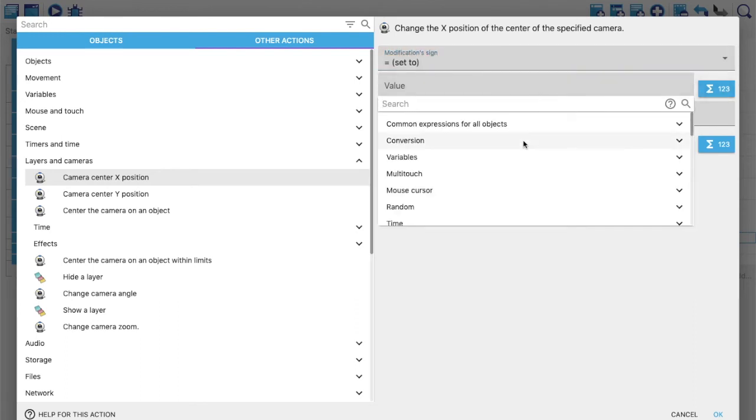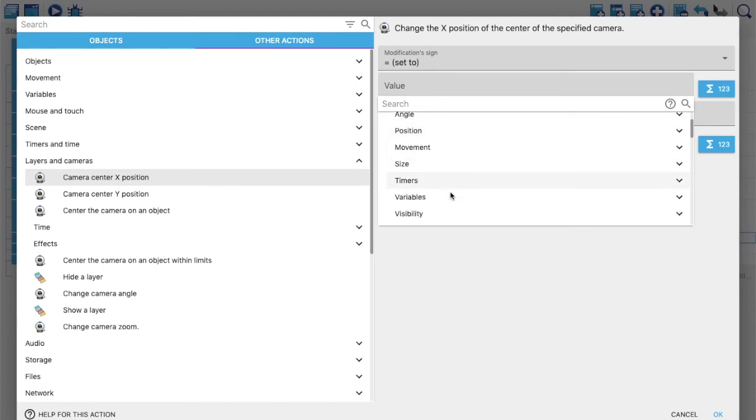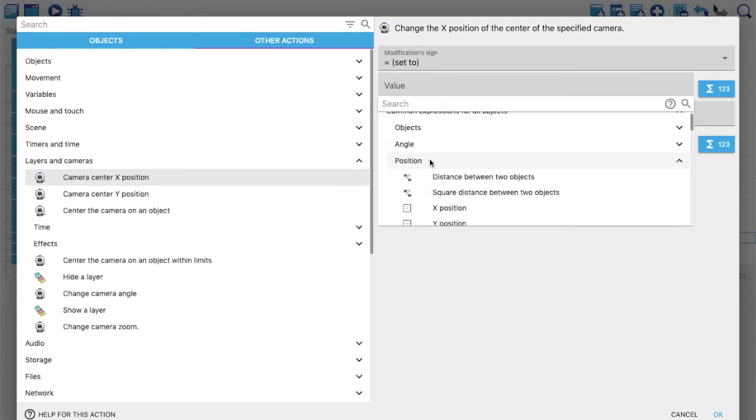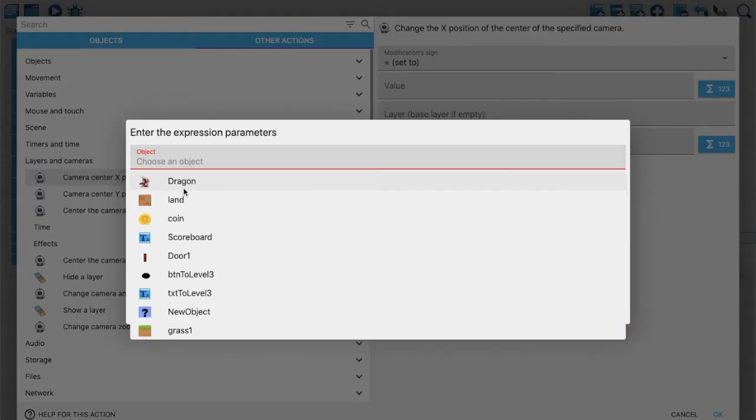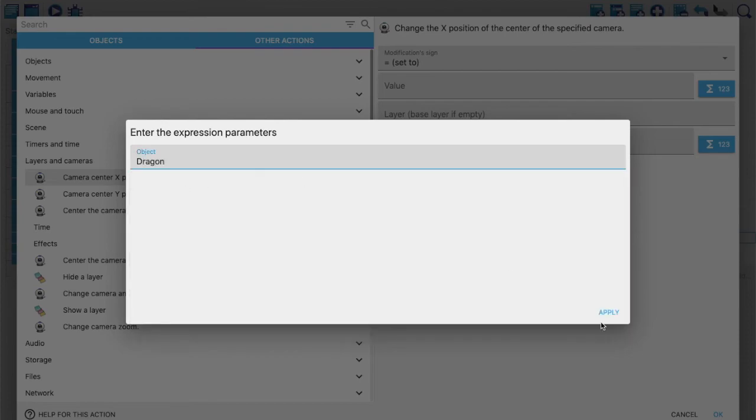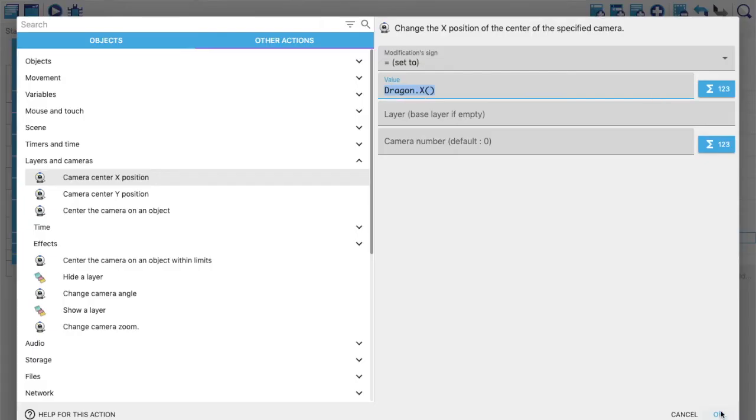We have to go ahead with the sprite, which is the dragon. So let's see, in this common expression for all objects, you have something called position, and let's take the X position of the dragon, and our camera should move along the X position of the dragon, and apply.